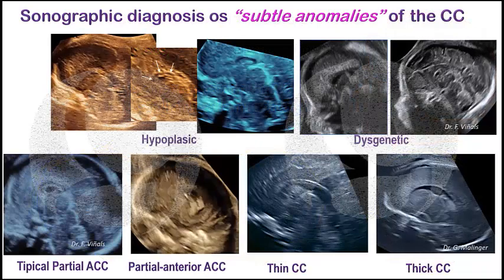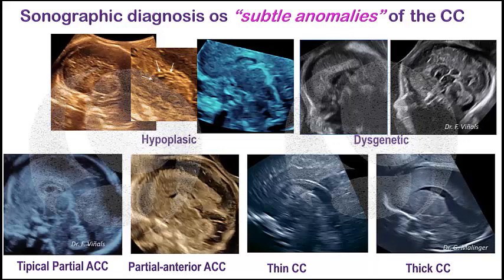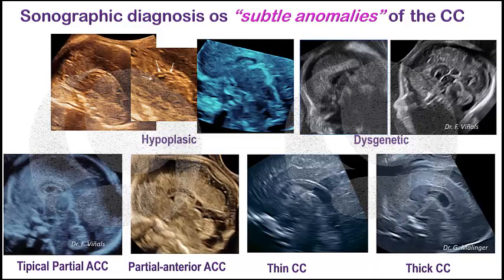Even though most current guidelines do not include the mid-sagittal plane in the routine exam, if we keep trying to visualize the corpus callosum in the mid-sagittal plane in all our routine examinations, we will become familiar with the normal appearance along gestation. And at this point, we will be able to immediately recognize abnormalities of the shape and size. And this confidence in detecting the abnormal corpus callosum is really important because